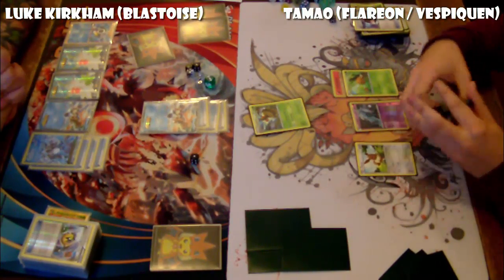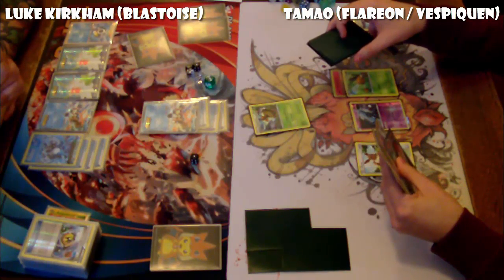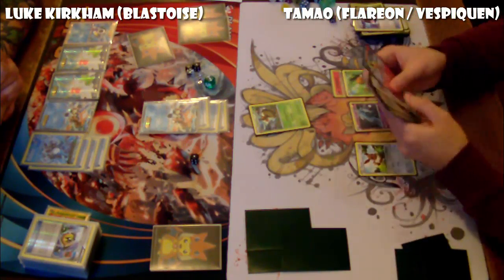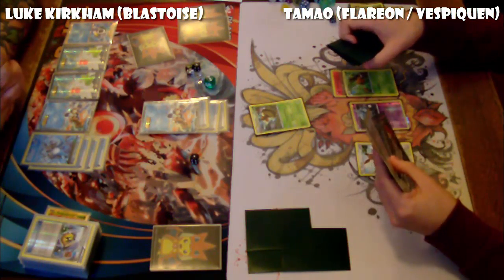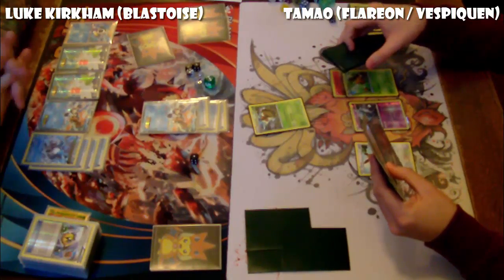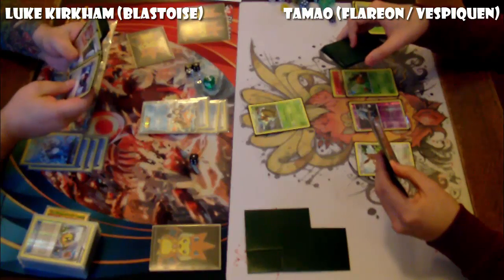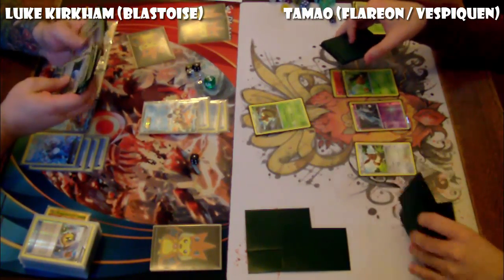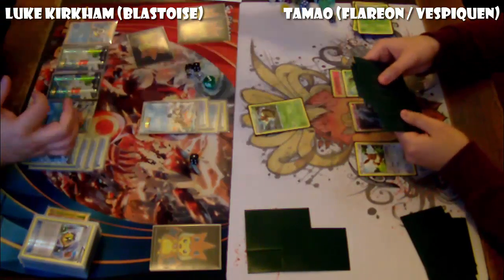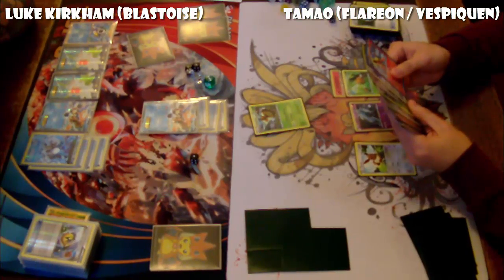If he does, then he's only going to need 1 coin flip to go his way in order to get the KO. Tamao, even if he evolves everything, the Eevee evolves into Flareon, which has essentially 50 HP with the weakness. So Tamao will have something on his bench next turn with 60 HP or less. If he doesn't, then Tamao's presumably going to have a 90 HP Vespiquen in the active,